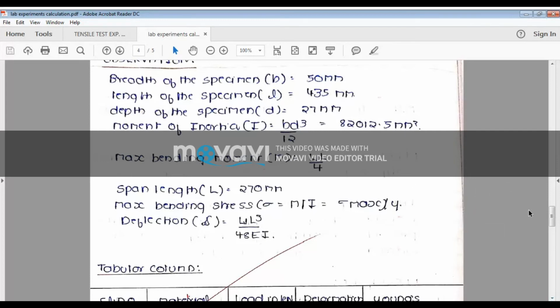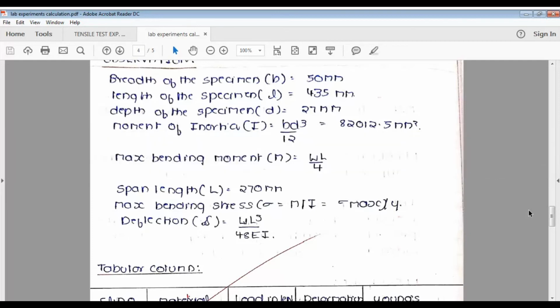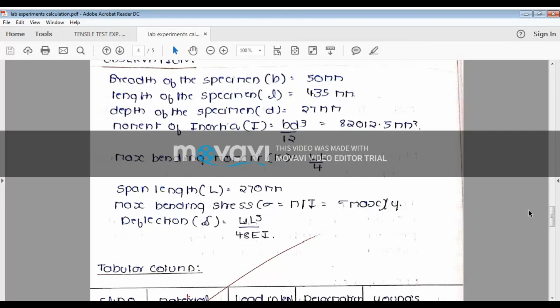Now you are seeing the values: B is 50 mm, the length of the specimen is 435 mm, and the depth of the specimen is 27 mm. Based on that, the moment of inertia is BD cubed by 12 for the rectangular cross section, and finally we got the value